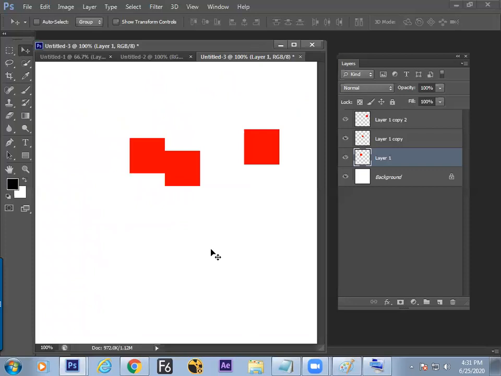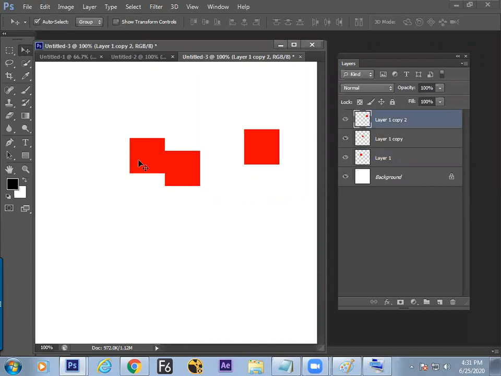Second method, on the option bar, while you are working with the move tool, we find a small option here that is called auto select. If this button is on, then you only need to click here to go to that particular layer.